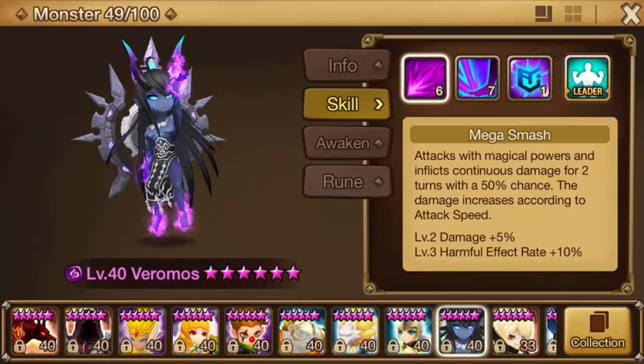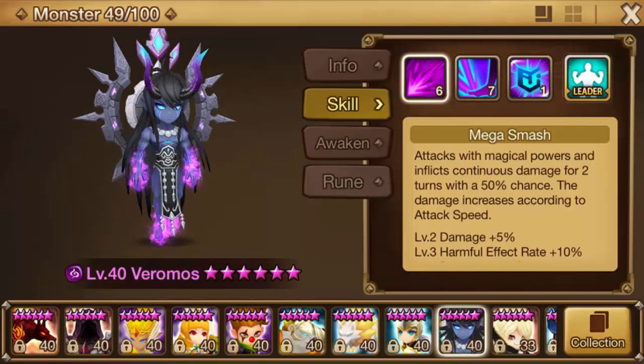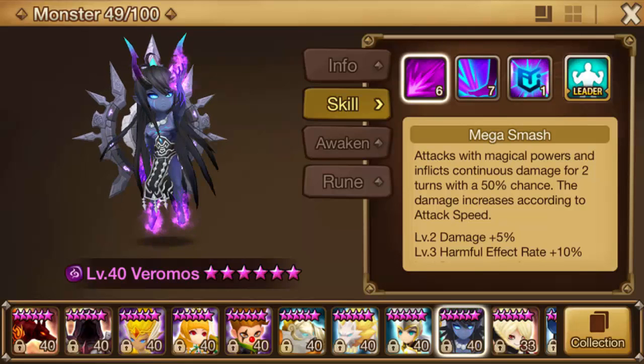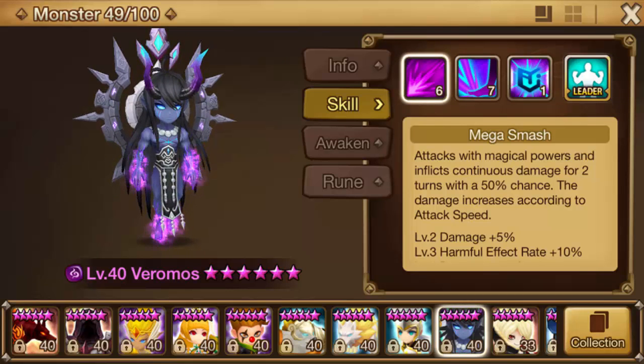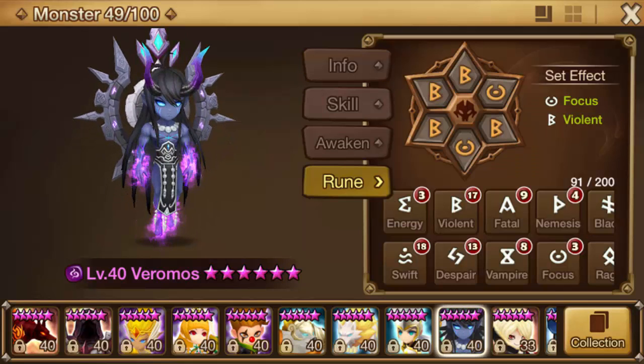Veromos, the Dark Ifrit. This monster is relatively new, and it is honestly one of the best monsters that's ever been put in this game. It's a fusion monster, so it's very easily obtainable, I guess, kind of. But this Dark Ifrit, I have runed Violent Focus,